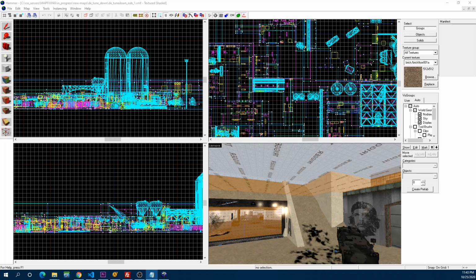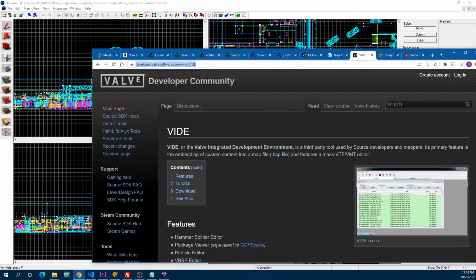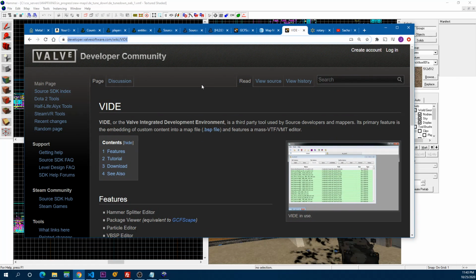First, let's look at some useful software that you will need. Here's one. This resource, the Valve Developer Community, is very important when you want to edit maps or make your own maps, not just for Counter-Strike, but for a bunch of other Valve games.